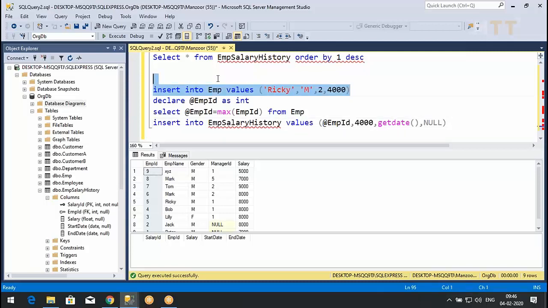We are inserting this, taking the latest generated EMP ID, then we are inserting in the salary history table. Are you all with me? Yes or no? Mohammed? Yes, sir. Very good. Now let me execute these things.